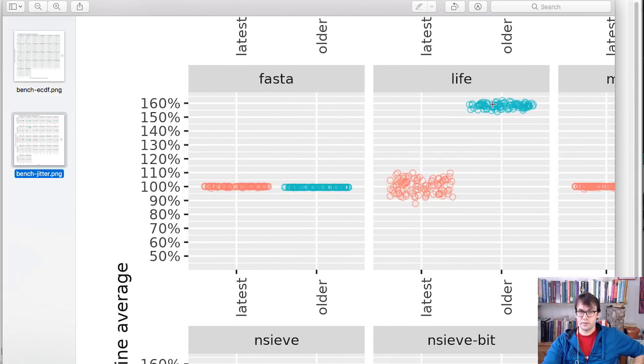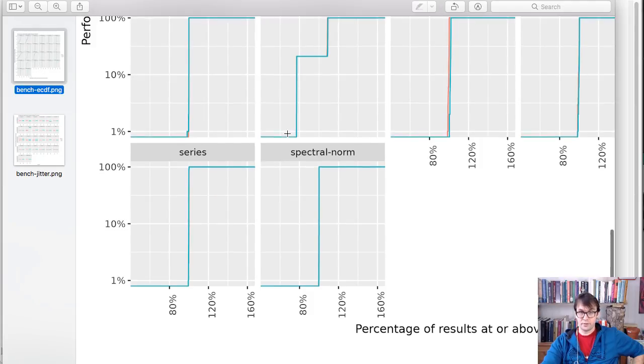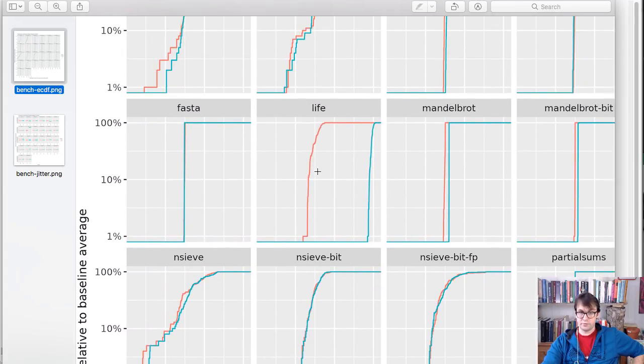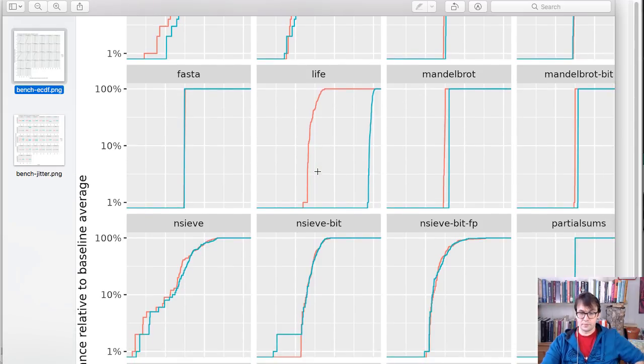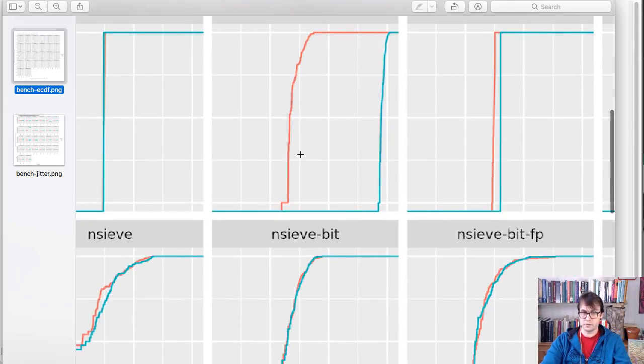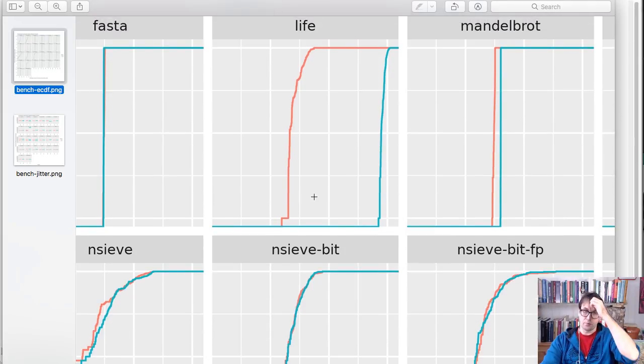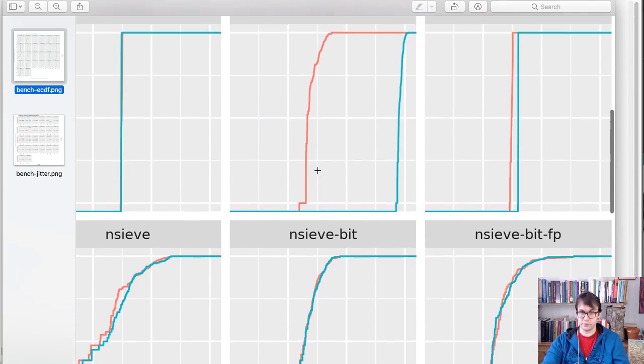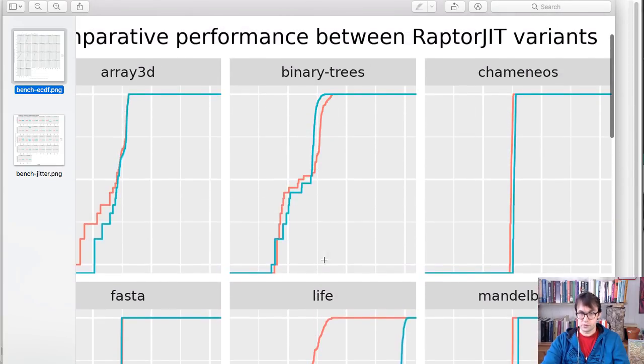And then on the older branch, it's always giving a different result, plus or minus maybe 5%. So we expect this graph over here, when we come to the life, to reflect that and look different. So if we scroll up, here is the life. It's actually a little bit hard to read, of course, because I don't have the axis very well labeled when it's zoomed in like this. But what we see, let's find the 100% point. 100% is, okay, it's the middle of the graph. So around about here